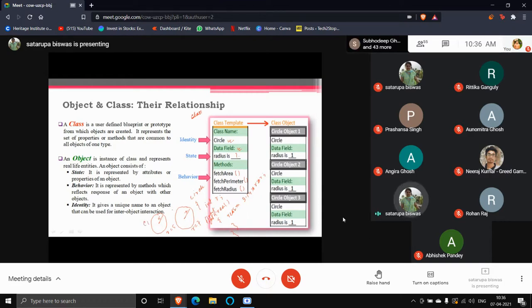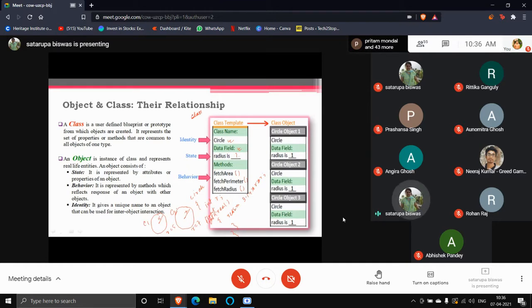This is the identification property using which you are distinguishing between the two objects C1 and C2. You do not know what the internal variable values are. You cannot identify them from outside. Just by giving different names, you can identify the objects. So that is the identity. The names are the identity for both classes and objects. State.